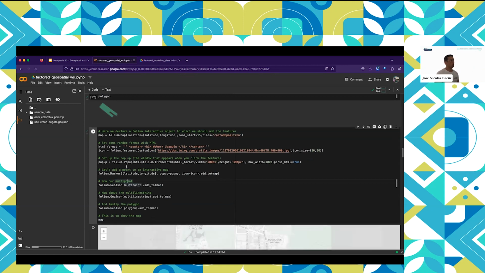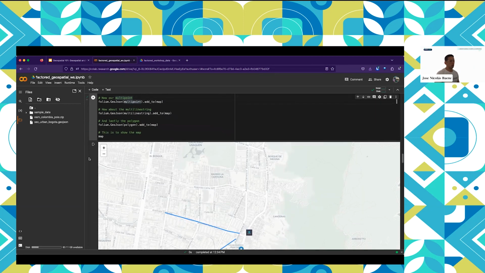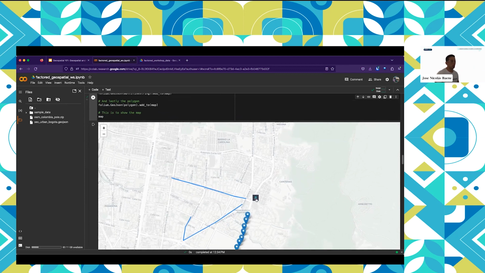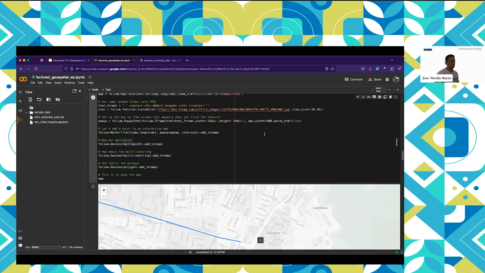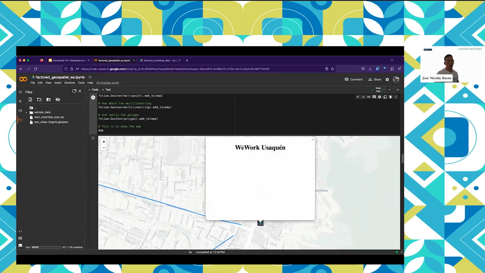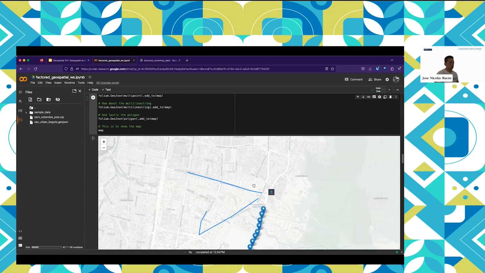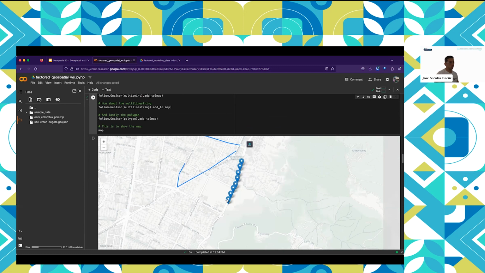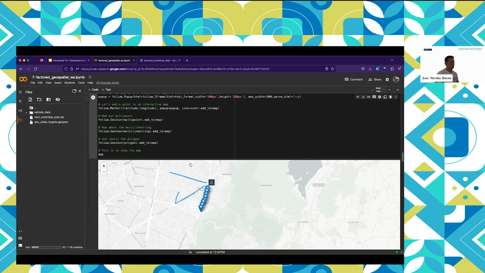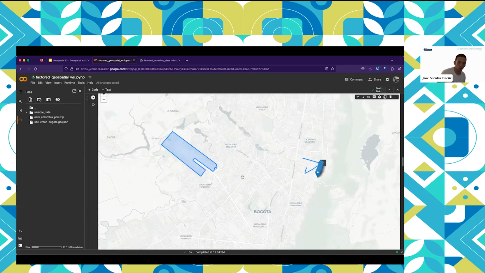So when I hit Control Enter, you will find that around here, the point was the Factor office in Bogota. So we are located in a WeWork at the east of Bogota. And that's what this line does, it takes the image from Twitter. If I click here, it's a very horrible pop-up, but it says WeWork Usaquén, which is where we are located. We have both of the lines I showed you before, the points, and my polygon. Where is it? Right here my polygon looked very small. When I zoom out, it's actually Bogota's airport.